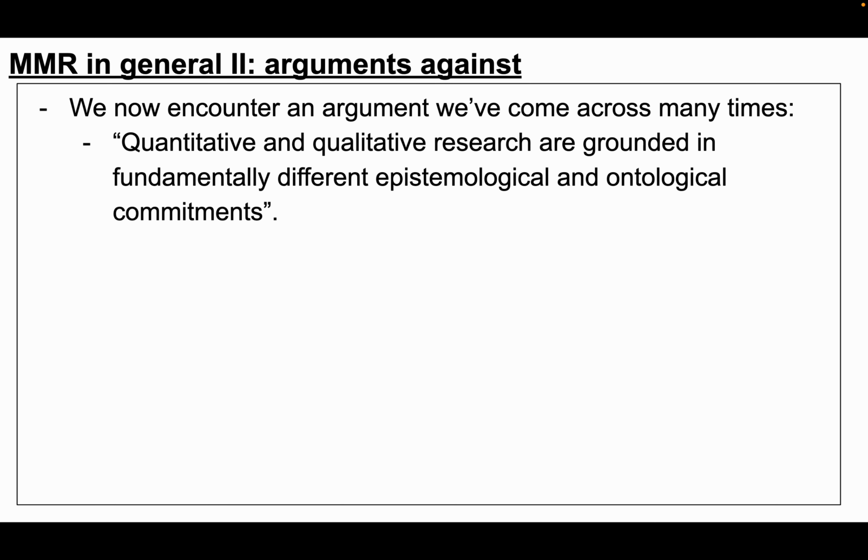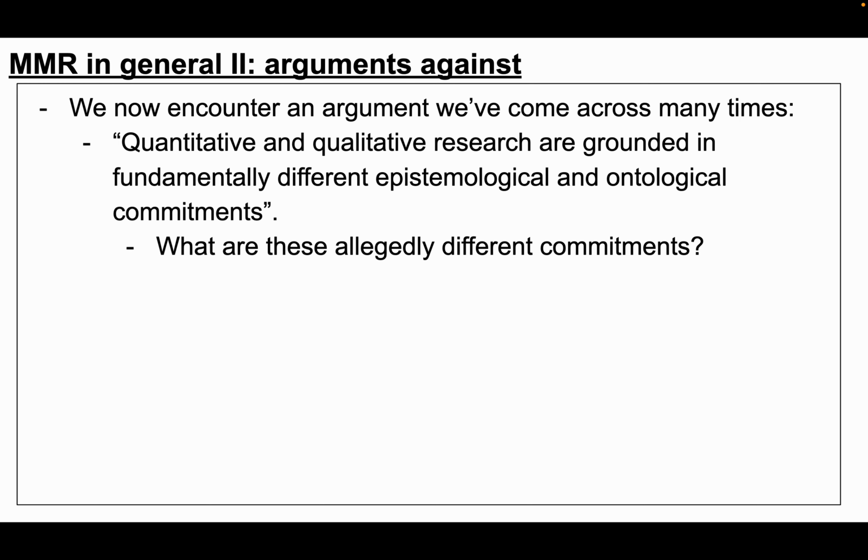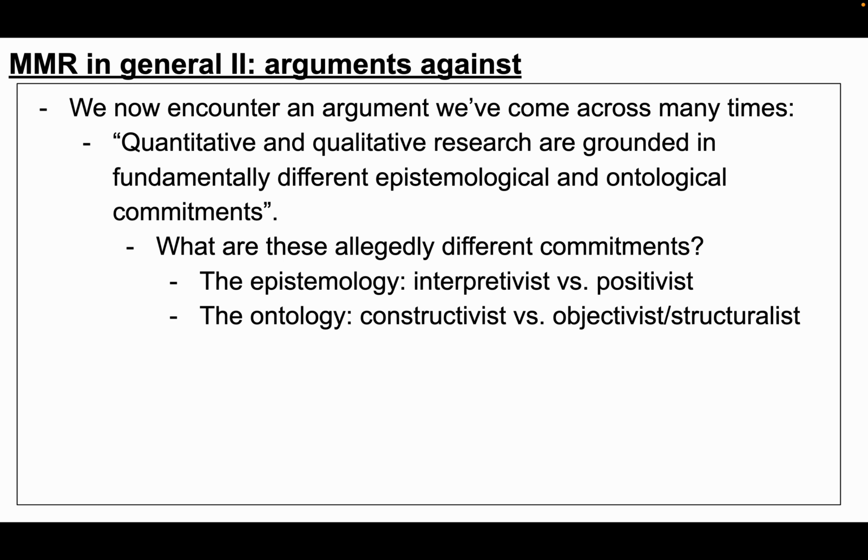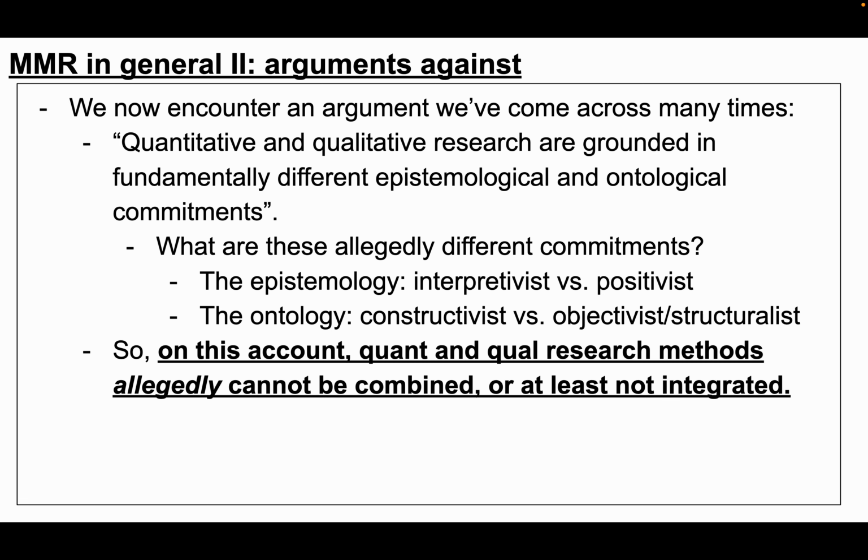So what about this argument, which we've come across many times? Quantitative and qualitative research are grounded in fundamentally different epistemological and ontological commitments. To answer this question, we would have to say, well, what are these allegedly different commitments? And you might say, epistemologically, we've got this interpretivist versus positivist approach. And ontologically, we've got this constructivist versus an objectivist or structuralist approach. And on this account, it does seem initially like maybe there is some kind of distinction here that can't be